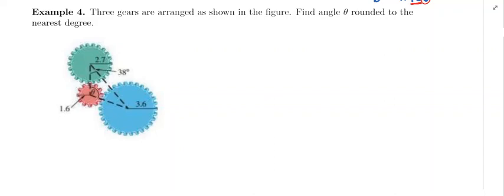Example 4. 3 gears are arranged as shown in the figure. Find angle theta rounded to the nearest degree. All right, so you can see in the picture we have 3 gears, a green one, a pinkish reddish one,